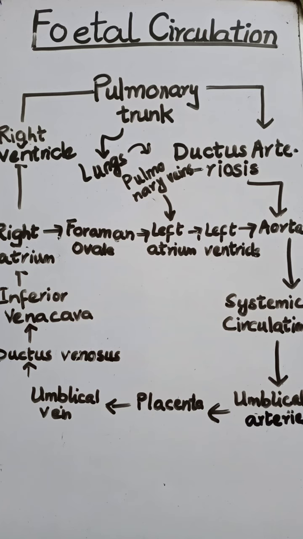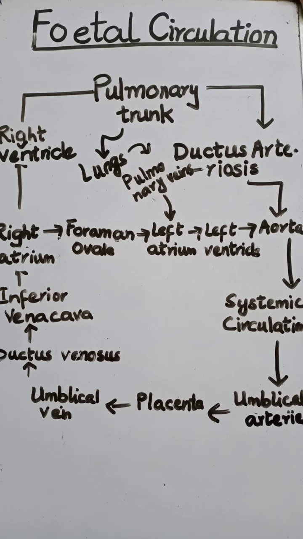These are the structures responsible for fetal circulation. After birth, these structures become modified and change into specific structures. Like the foramen ovale shortly closes after birth and fuses completely in the first year, so that there will be no continuation between the right and left portion of the heart.